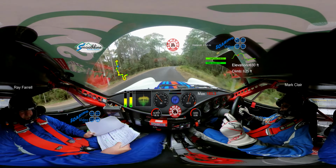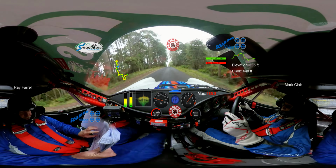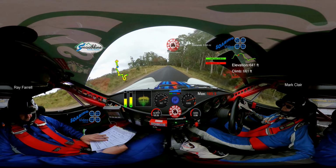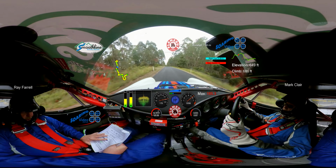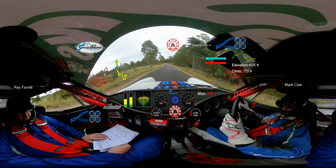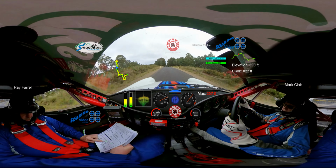after the brows 100, flat crest 300, then a flat crest over brow 400, and then there's a wide entry 10 left at the end, then it's flat crest 300, and it's